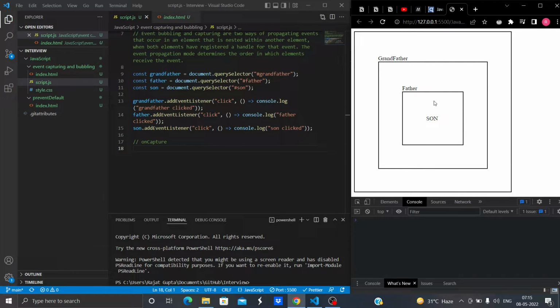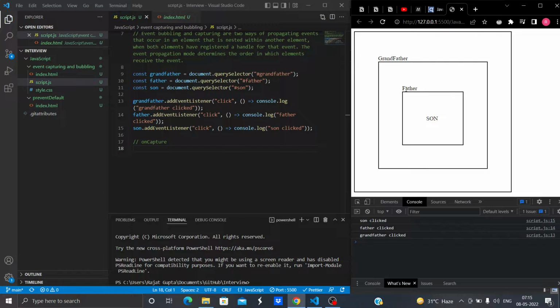When I click here, it will first come to grandfather and see whether on capture is true or false. Since we have not provided the on capture attribute itself, its value is by default false. Since its value is false, it won't be executed, because nothing will be captured.